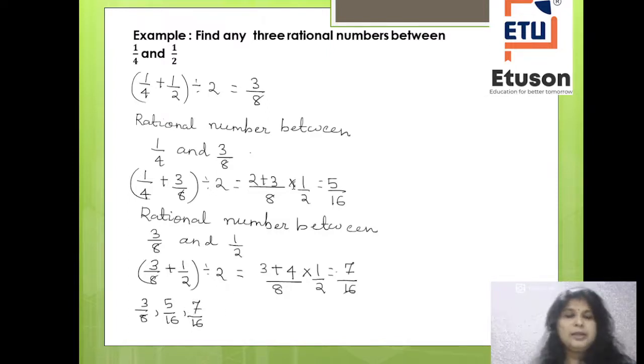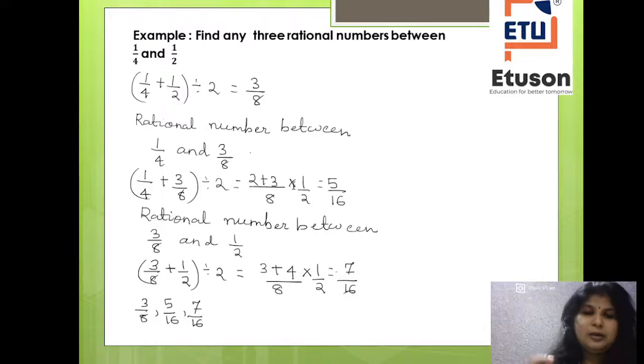Correct or not? ये नहीं कि बस यही निकाल सकते हो तुम लोग अभी, instead of finding in this direction, like after 3/8, in between 3/8 and up, you could have found 5/16 once, then 1/4 और 5/16 के बीच में भी तुम निकाल सकते हो. ठीक है, ऐसा कोई नहीं है कि इधर से भी एक रेशनल नंबर निकालना है, दूसरे साइड से भी निकालना है। अभी 3 की जगह 5 निकालना होता है, तो जो जो नंबर तुम्हें मिलता जाए, उस नंबर का और दूसरे नंबर का एवरेज निकाल के उसका मिड पॉइंट निकालो और एक रेशनल नंबर मिल जाएगा। ठीक है, इसमें 3 है तो 3 निकाला, बाकी 5, 7 कितने भी तुम, countless. That's why countless numbers are there in between two rational numbers.